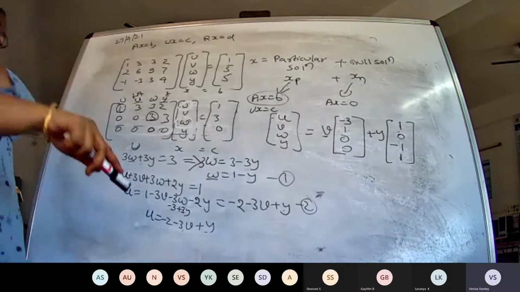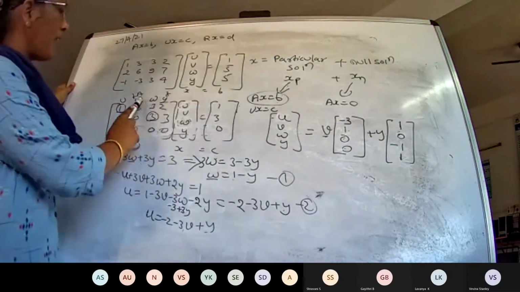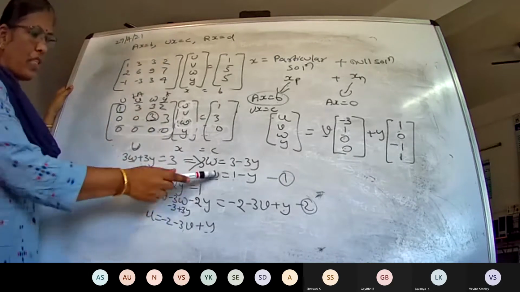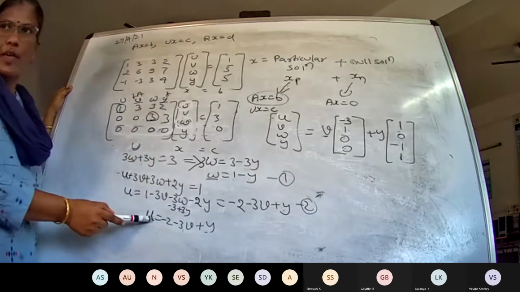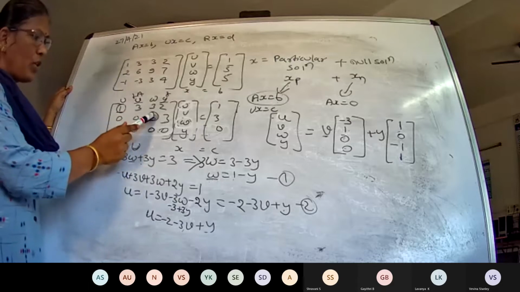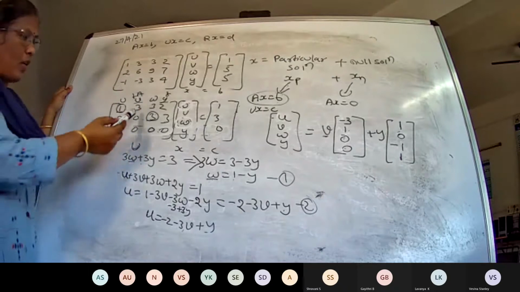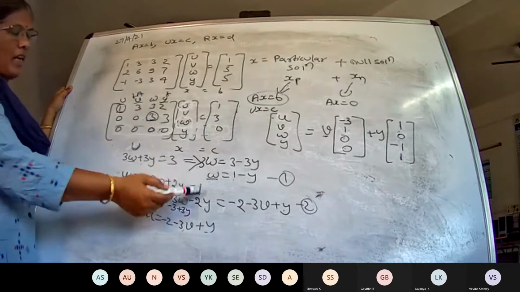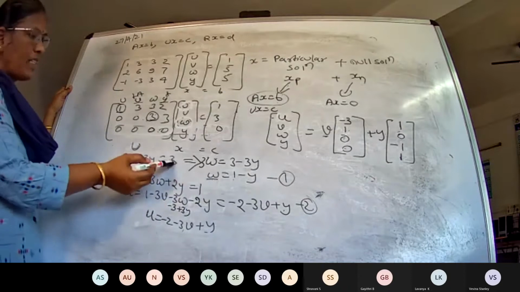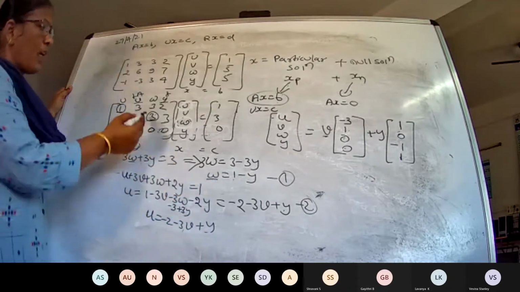Coefficients, ma'am. See here, you will always have equations. The paired variables are U and W, so you will have only two equations, in W and U. You have to rearrange. When you write these two equations, first start from the lower rows, so that you can substitute the lower values here. Always write these expressions in terms of W and U.